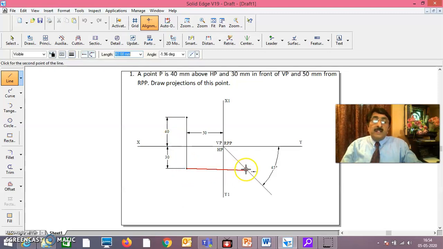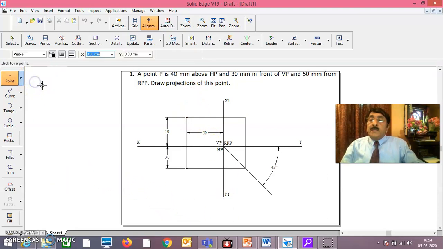You take from the end, then the nearest point, then you go here, you see the alignment indicator here, you are getting the alignment indicator, you join this. Okay, in that way, if you draw this, then again point command, you go, take 2 mm and this should be P double dash. In that way,